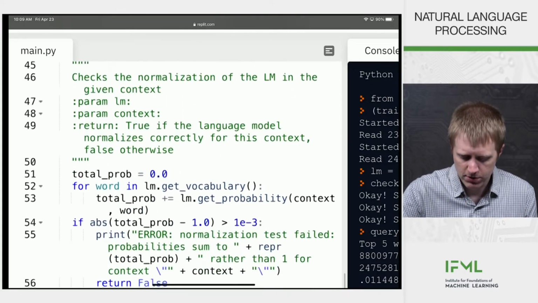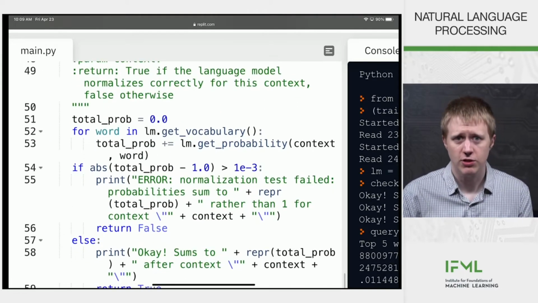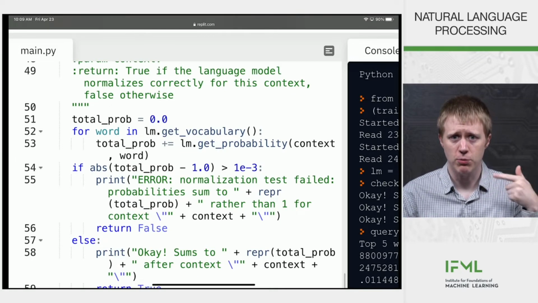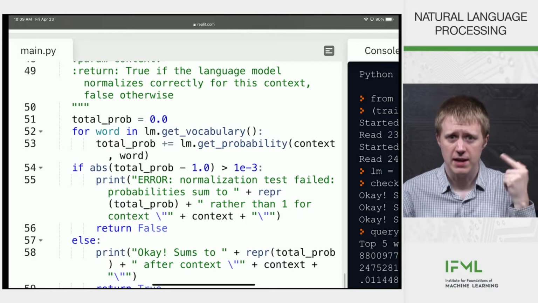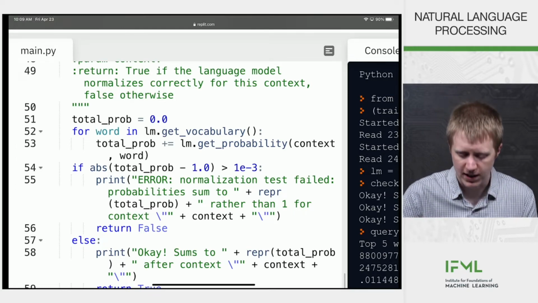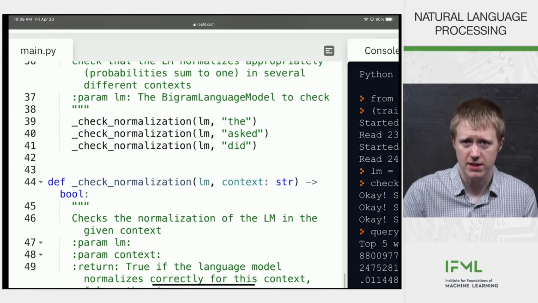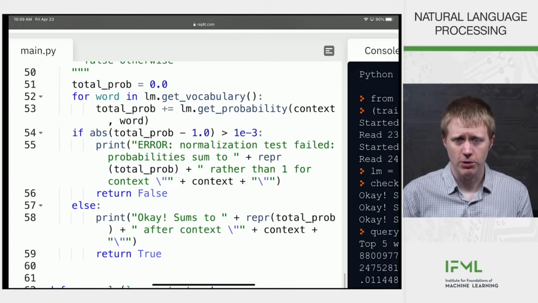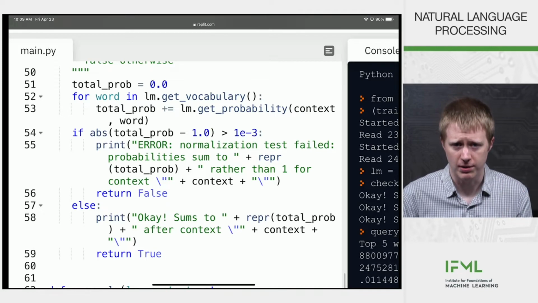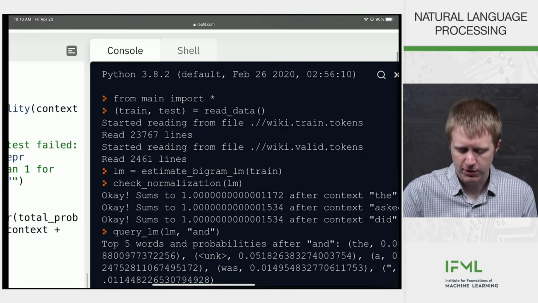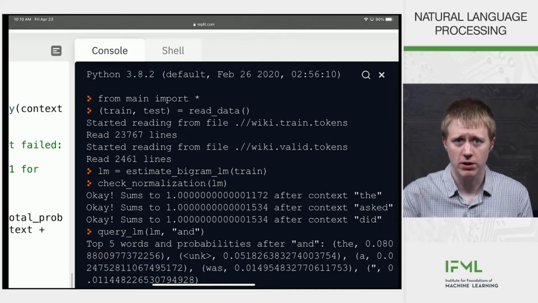We define this total probability to be 0.0, and then we loop over every word in the vocabulary. We ask the language model what the probability of that word is given the fixed context word, which here is again one of these 3: the, asked, or did. Then we see, is that total probability very close to 1.0? Over here, we can see that for these 3 different contexts, when we sum over every word we've seen in the vocabulary, we get